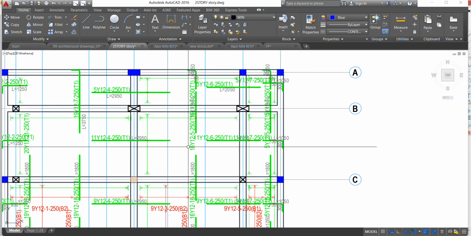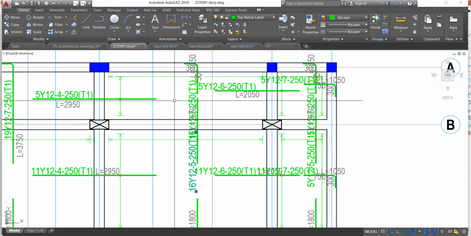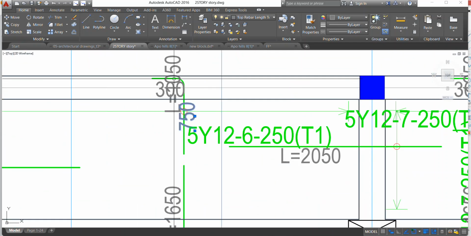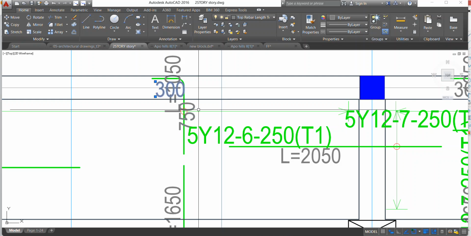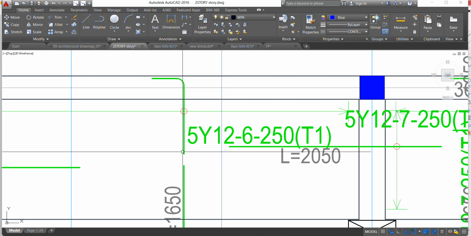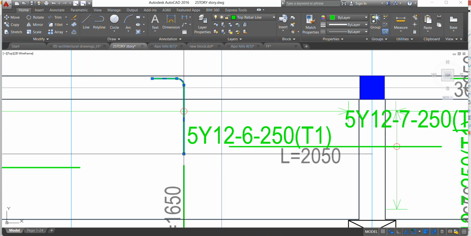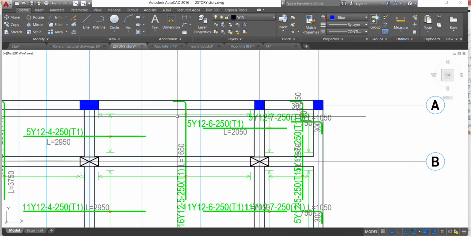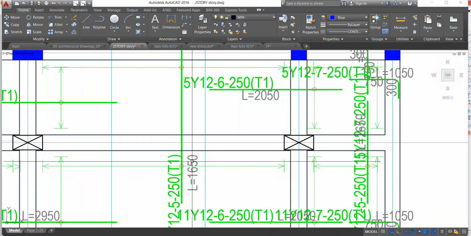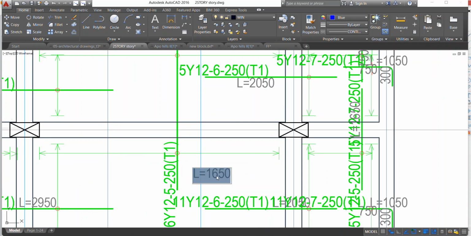Make it the same length. Let's see. Yeah. So